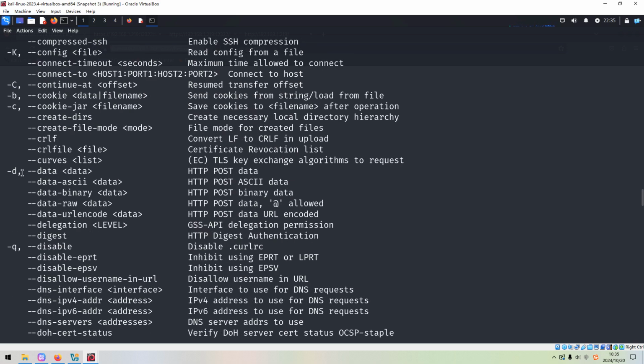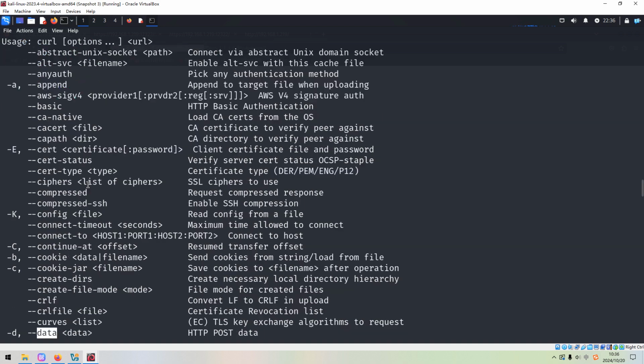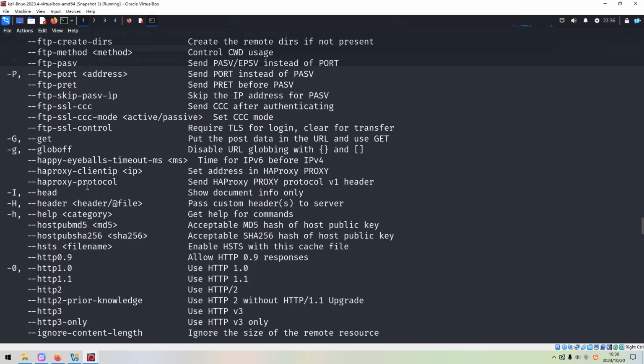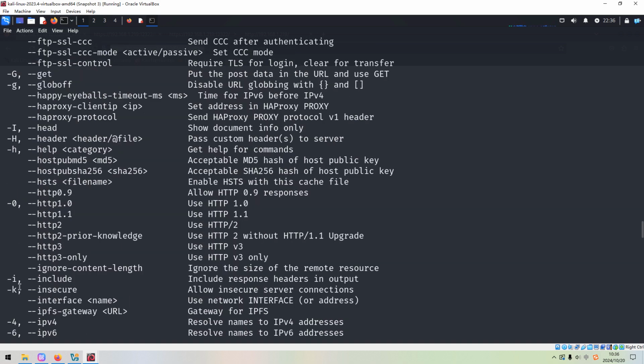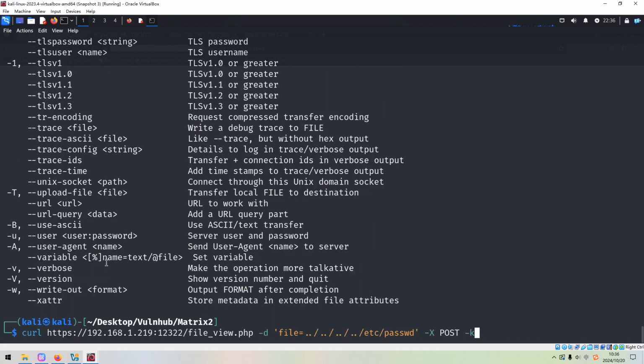So I think we can use -d to specify the data, and this data can be submitted to the target, right? And also the normal -k option, because we do not want to negotiate with the HTTPS site. So this one. The file, maybe we need to put more.